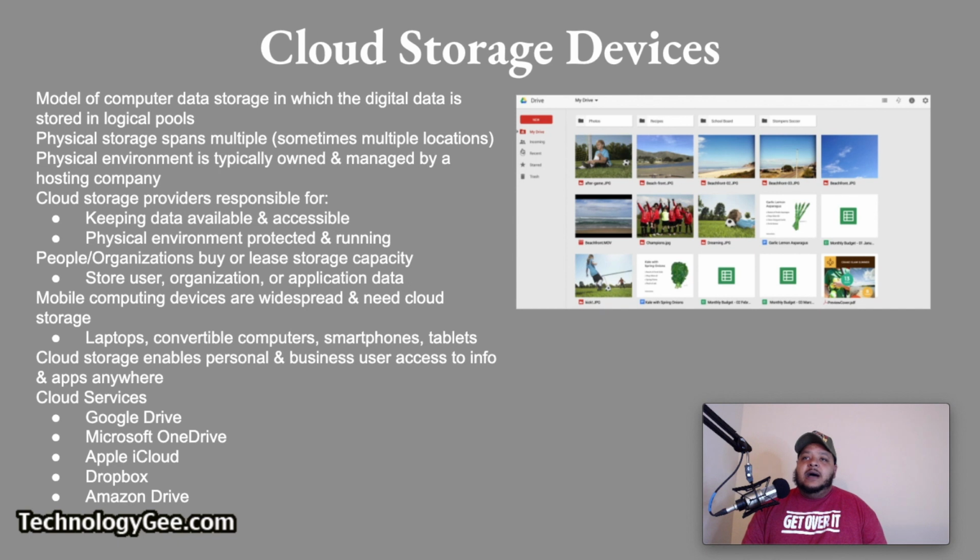All right, and let's talk about cloud storage devices. So, cloud storage is a model of computer data storage in which the digital data is stored in logical pools. The physical storage spans multiple servers, sometimes in multiple locations, and the physical environment is typically owned and managed by a hosting company. These cloud storage providers are responsible for keeping the data available and accessible, and the physical environment protected and running. People and organizations buy or lease storage capacity from the providers to store user, organization, or application